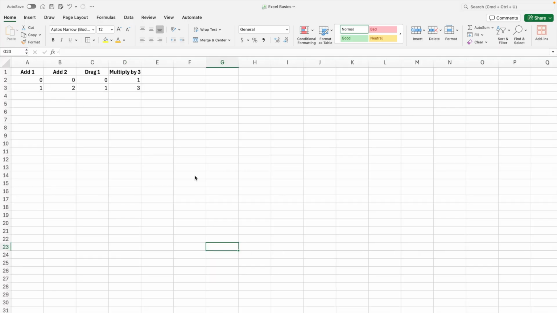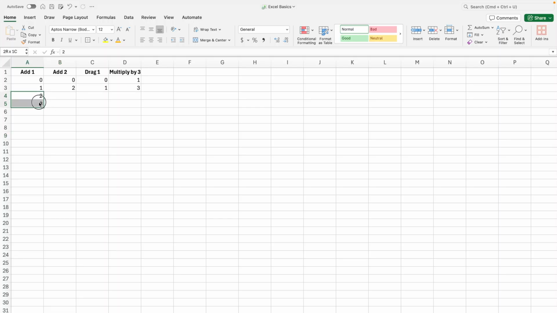Excel is here to make your life easier and save you time. So another thing that you might have to do, let's say you have data that you know it'll go 0, 1, 2, 3. So essentially you're going to add 1 to the data set each time. Instead of going and manually typing 2, 3, which would take forever depending on how many data points you need,